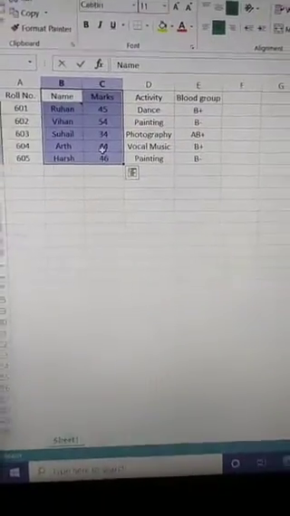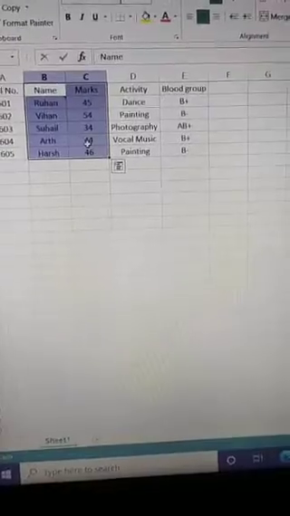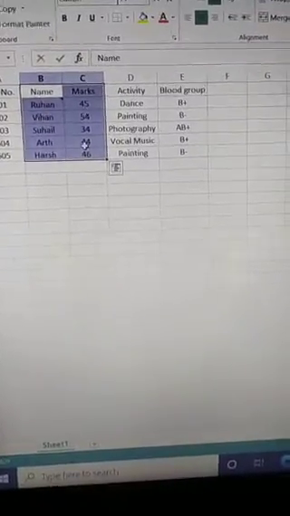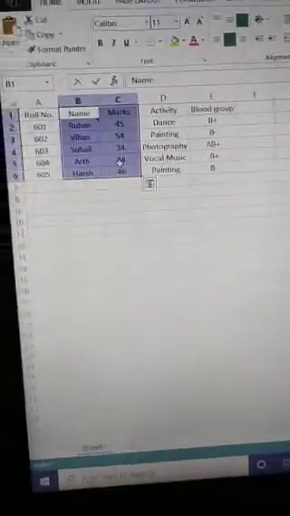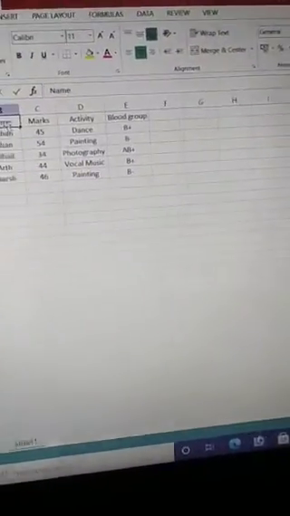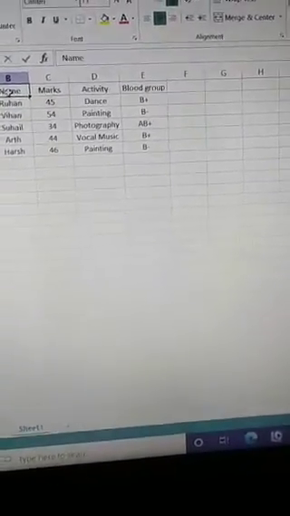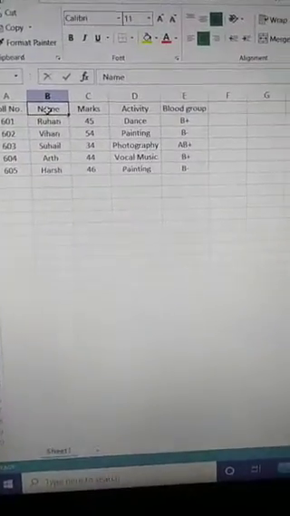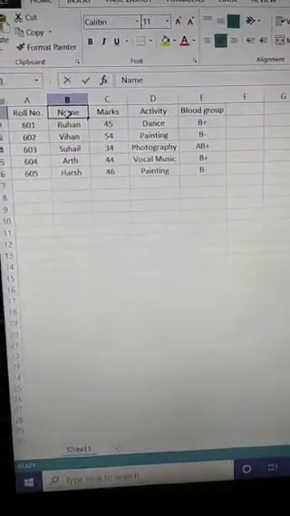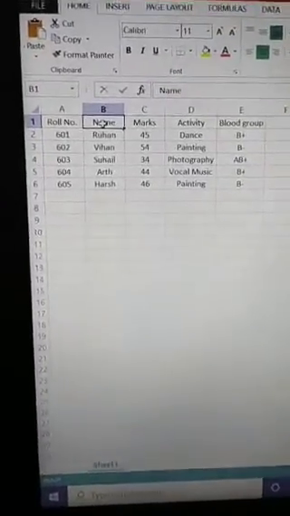Now for a large amount of cells or a long range of cells, we cannot use the mouse. Then we can use extended mode. So how can we use extended mode? At first click on the corner cell, the starting cell of the range. I have already clicked it, and then press the F8 key.